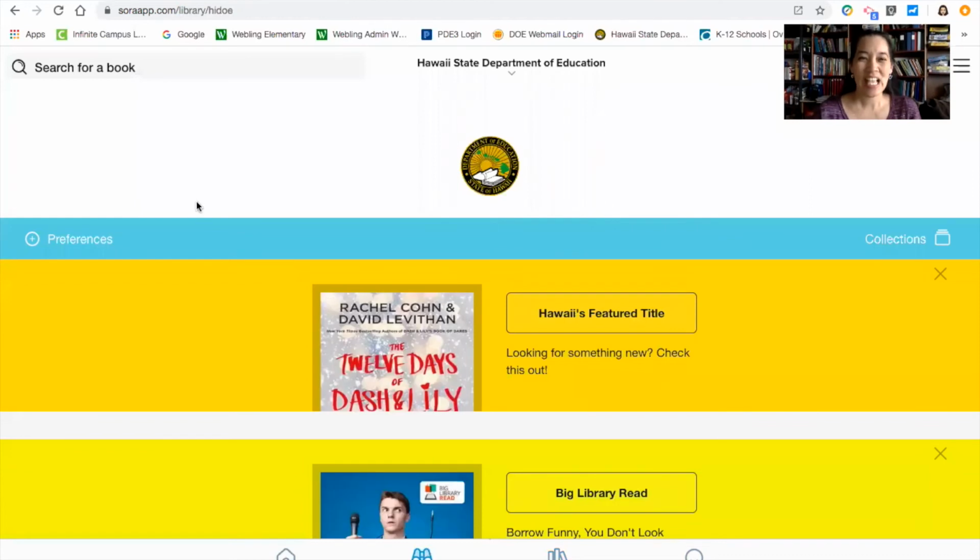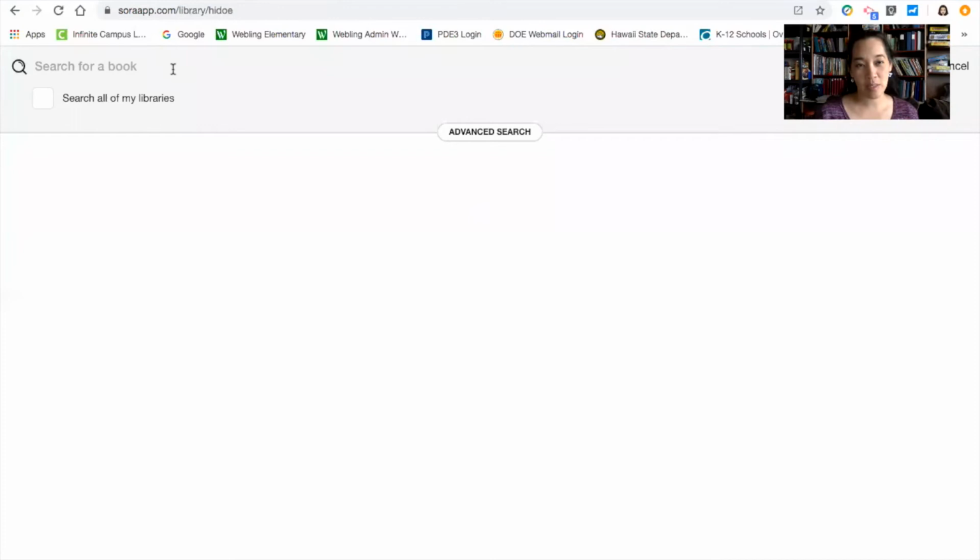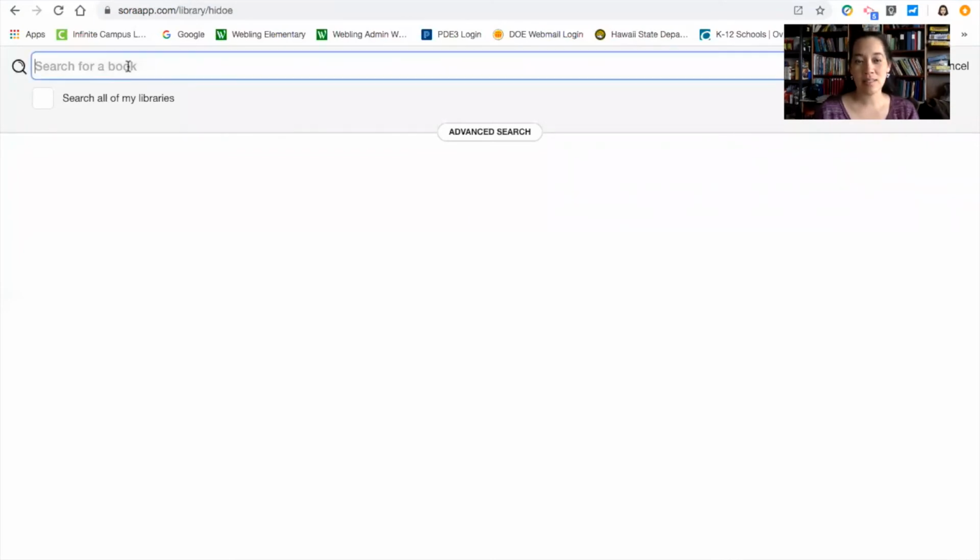Now this is the fun part, choosing a book. Of course you can always search for a specific book, and not all books are available. One book that students like to look for is Dogman. And then if they can't find it, they say it's not there. There's no books. But I don't like them to do that. So what I'd rather them do,